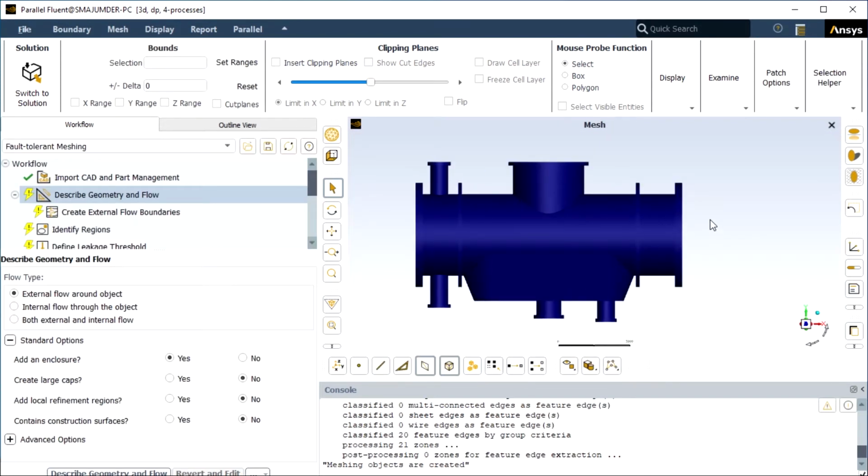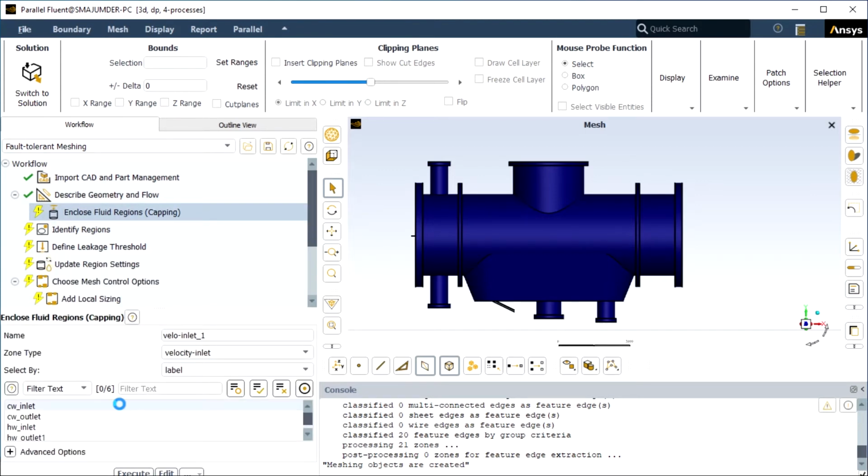You can see this is the model, right? Next, we need to select the type of analysis. Definitely this is an internal analysis, so we need to select internal flow through the object, and with the default setting on, we need to describe the geometry and flow. In CFD analysis, we need to have a closed geometry. In this case, we have 5 different openings. All these openings should be capped, and